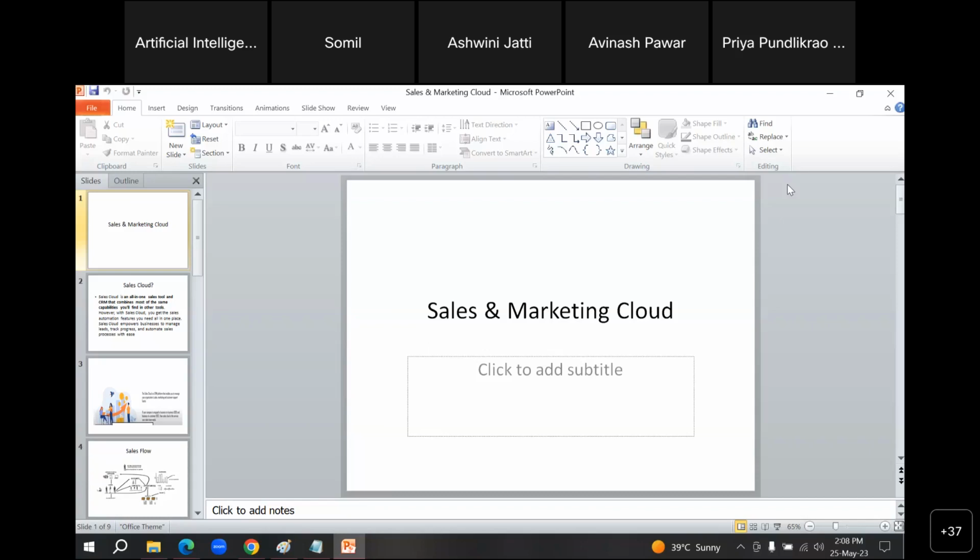Suppose somebody is selling a laptop. What things would be required to sell a specific product and capture a customer? That would be done in Salesforce sales and marketing software.